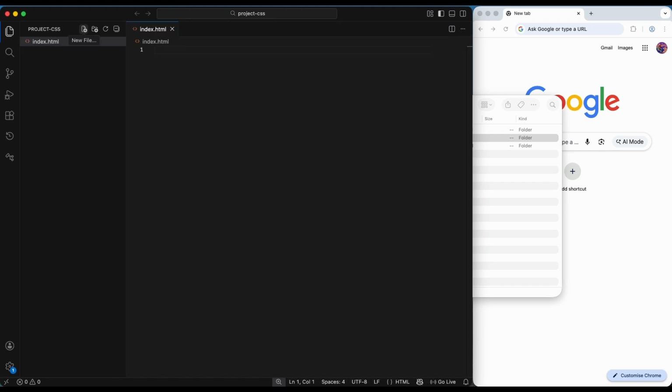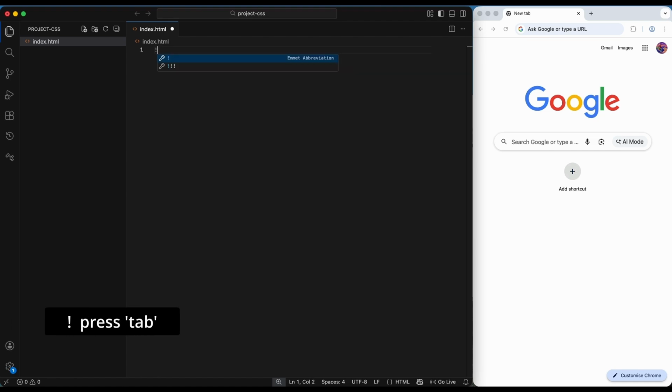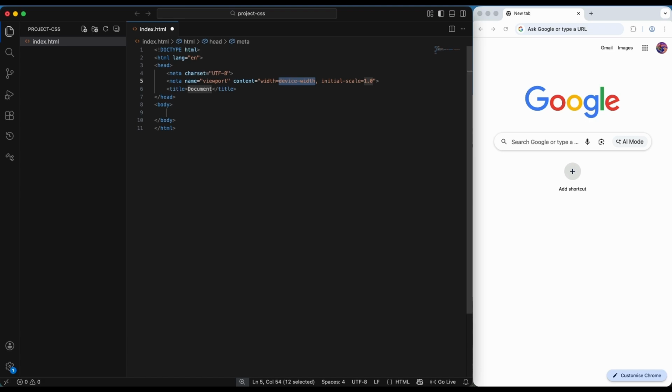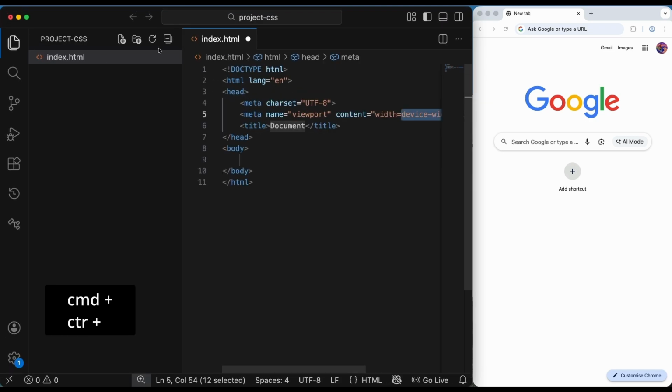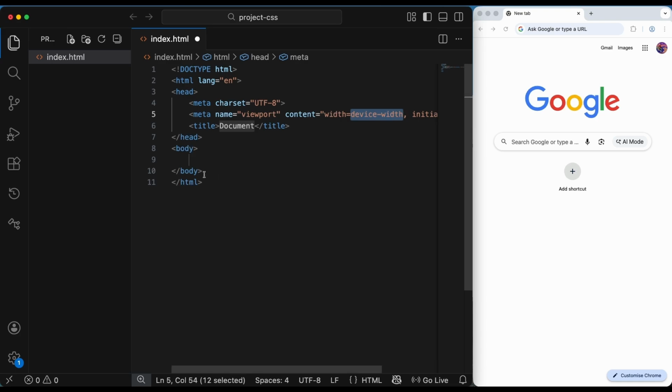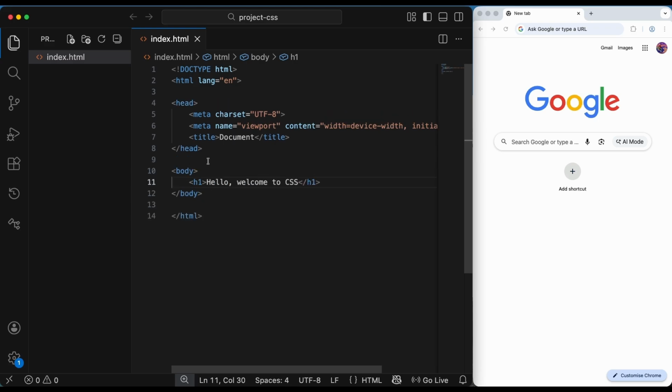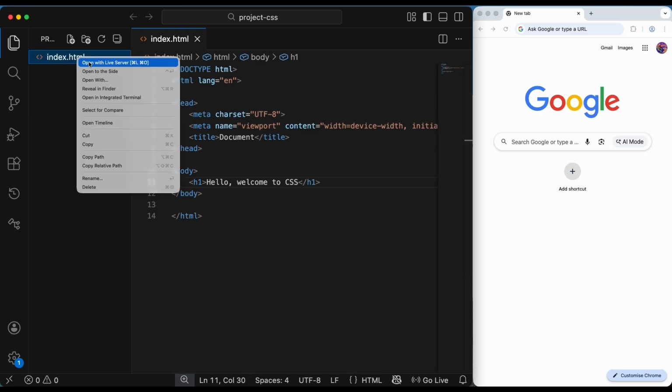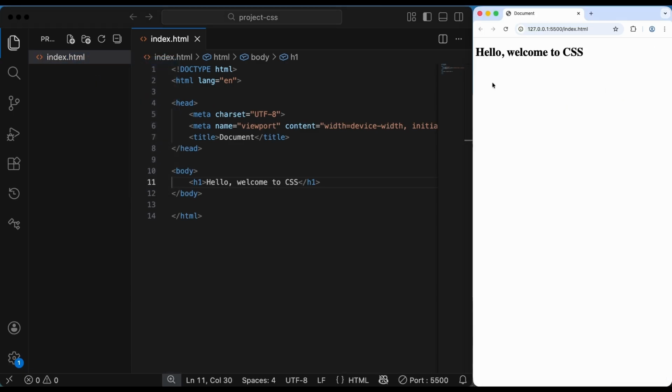index.html. Okay, here I have to add the boilerplate template, so we can use a shortcut. I add the exclamation mark and press tab. Now I press command plus to increase the size of the content, and now we can add our CSS and HTML. First of all, I will create an h1 tag and I will say, hello, welcome to CSS. Now I will right click here and click on open with live server, and here we go,